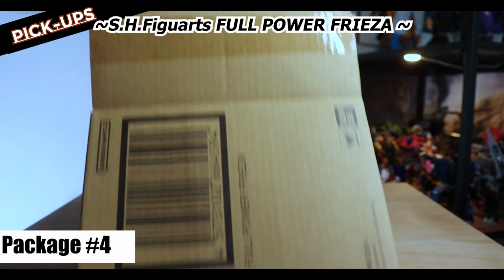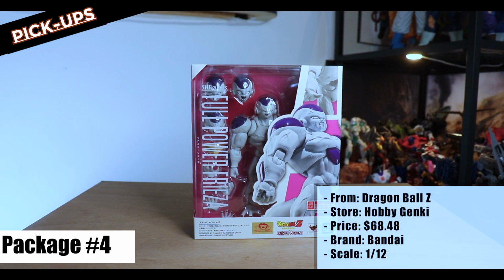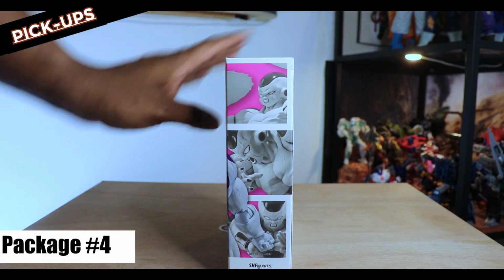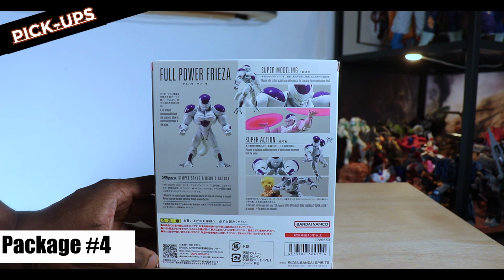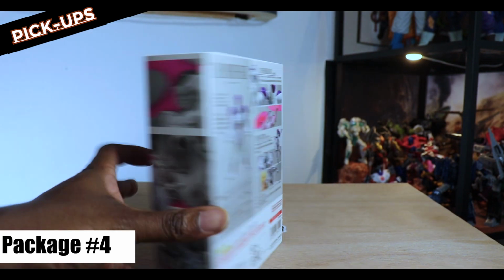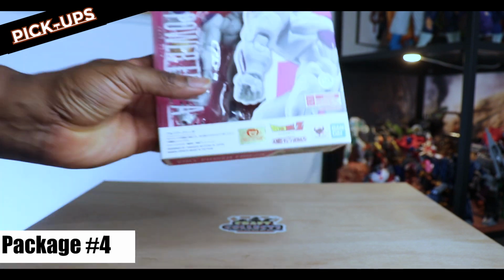I just love super expressive figures, ones that come with a good amount of accessories. Was this cheap? No, I mean, it was less than it would have been through Premium Bandai. I think I paid what the figure and shipping would have cost on Premium Bandai. So it's a plus buying through import, but always a risk. Yeah, full power Frieza. Can't wait to put it with full power Goku and have those two duking it out